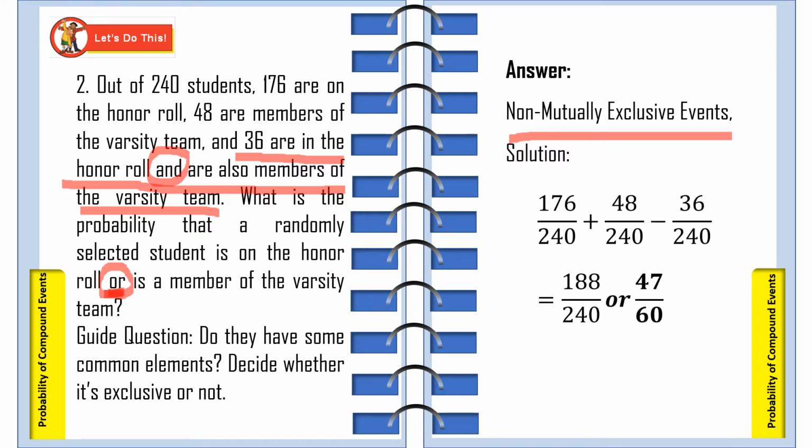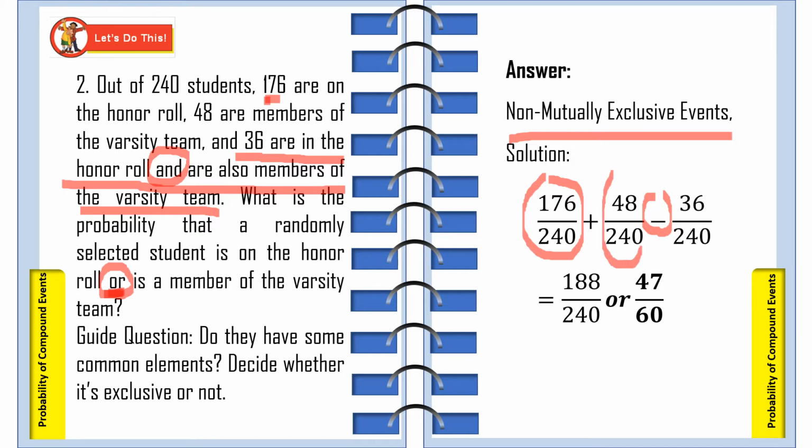Ito na. So, magkakaroon na tayo dito ng subtraction. Kasi kanina, you just add the two probabilities. But this time, you need to subtract yung common sa kanila. Okay? So, tingnan muna natin. So, this will be the probability na makukuha natin ay honor roll. So, we have 176 students na nasa honor roll plus yung probability natin ng varsity team is